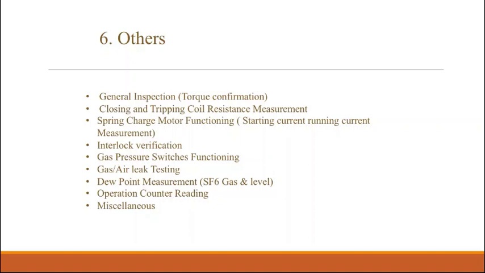Even we can conduct tan delta testing if there is a tan delta point available in the bushing, for 220 kV, 400 kV, and 700 plus kV. So if there is a tan delta point, we have to conduct the tan delta test. Even high voltage test we are conducting. In the factory there are certain type tests we will conduct, short circuit test and some other tests, and IP test we are conducting. This all will come under miscellaneous tests, and this is all about the testing activities.